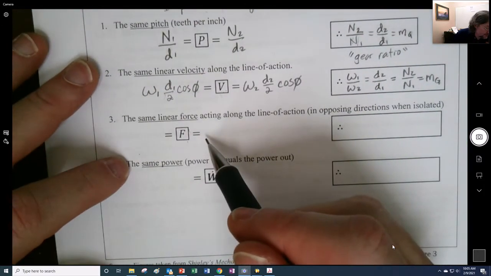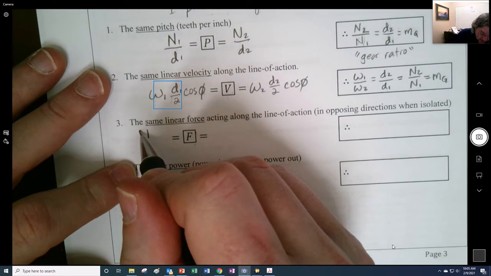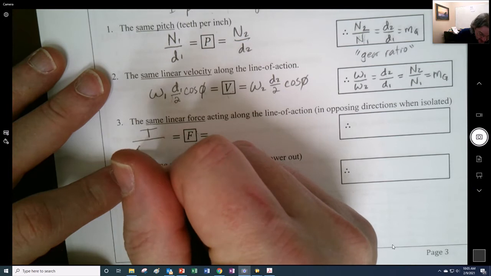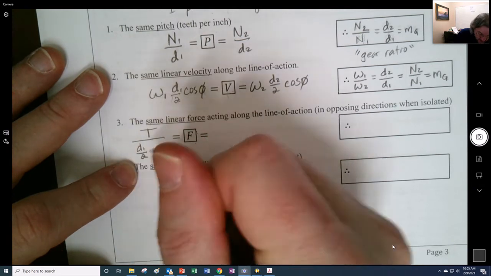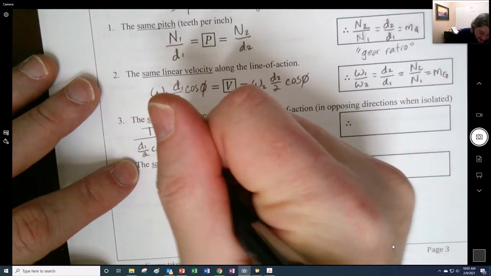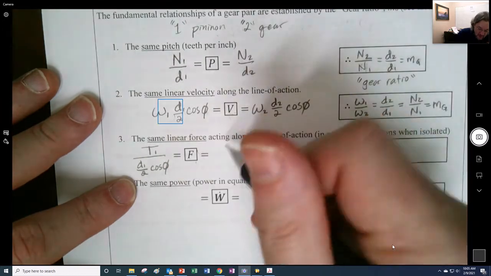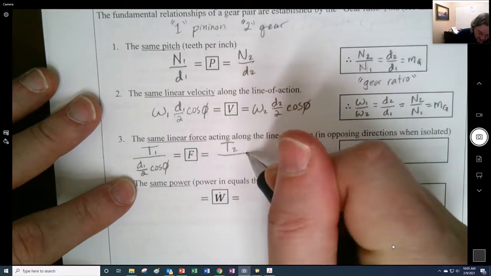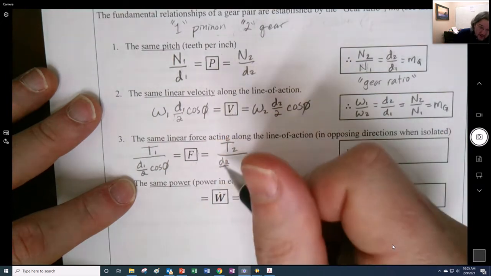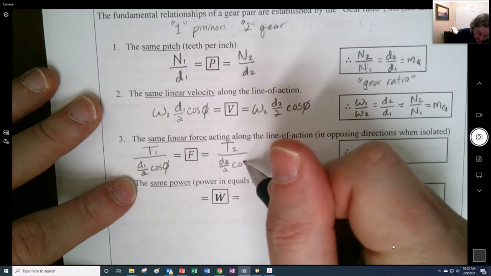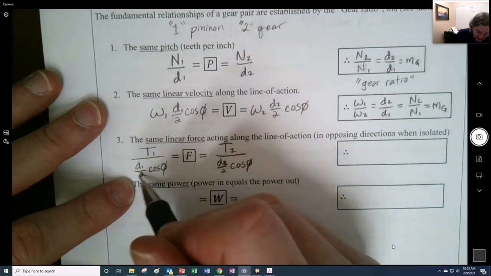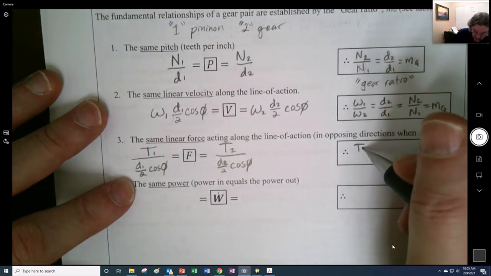So in order to do this right here, we're going to take the torque and divide it by the torque arm, which we happen to know is going to be the base circle radius right there, or cosine times phi. Right, and this is going to be for 1, because this is for the pinion. Well, it better be the same thing here, true for the gear. So take the torque, what's supposed to be 2, and divide it by the base circle radius. So now some of these things cancel out right here, so we're going to say a torque ratio